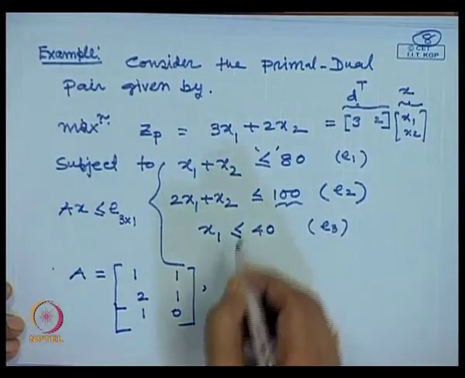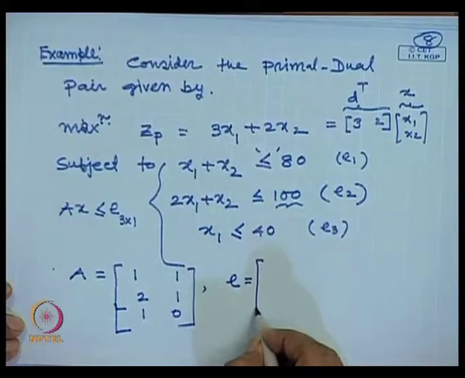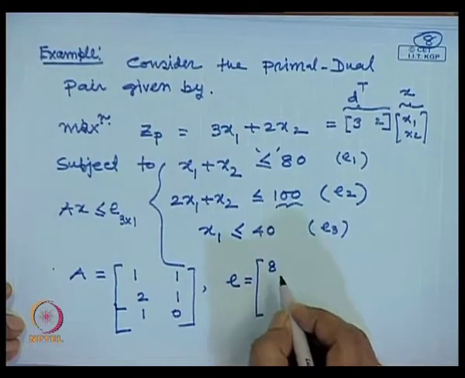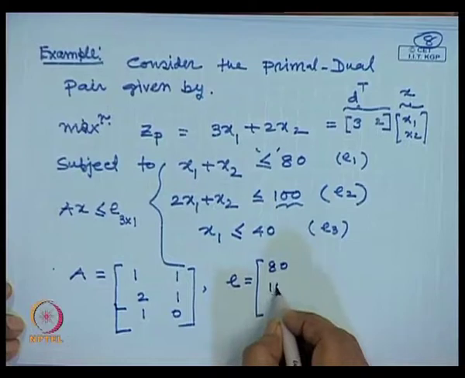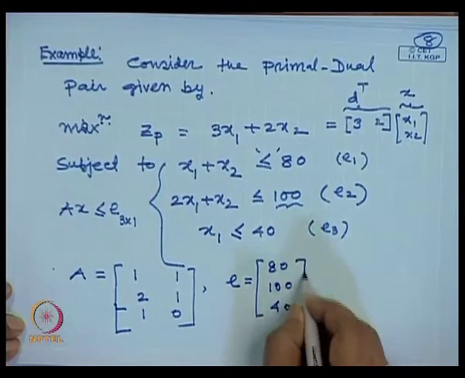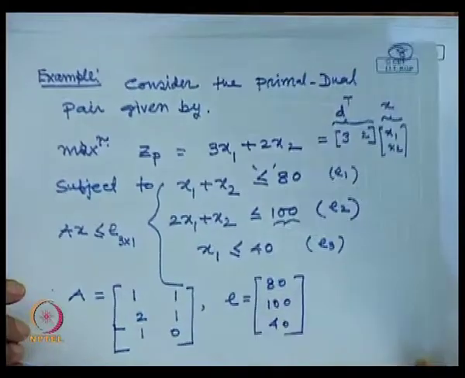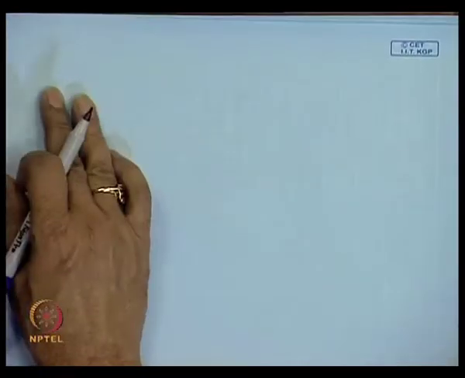Okay. And this is what is our E. E is, if you see, 80, then 100, then our 40. So, it is a standard LP, what is called the primal problem. Now, the corresponding dual problem